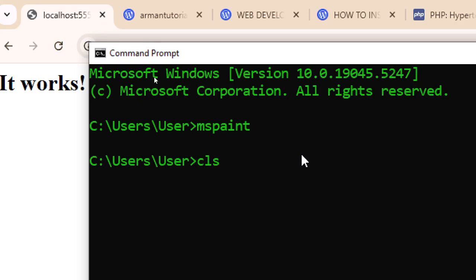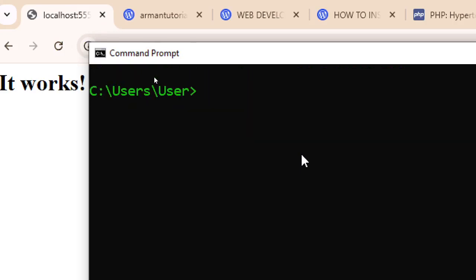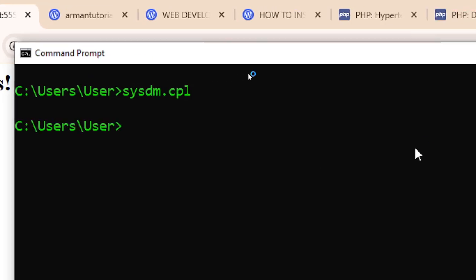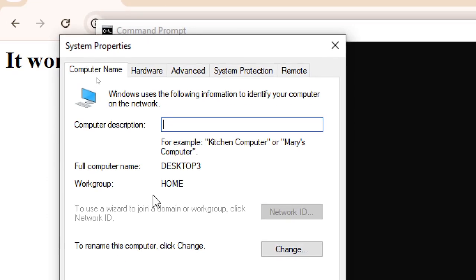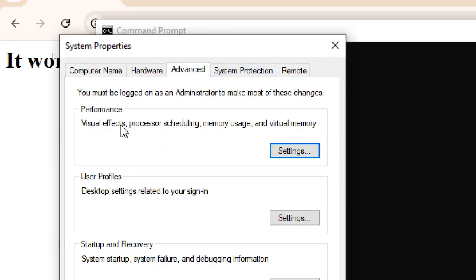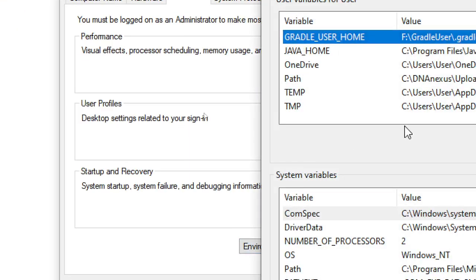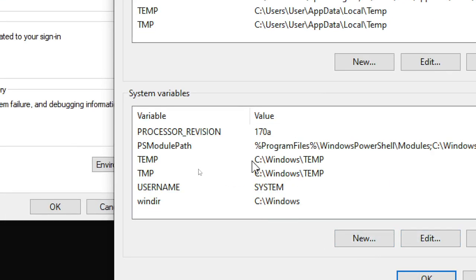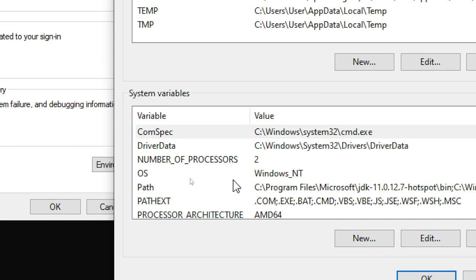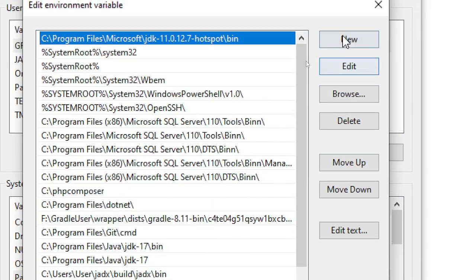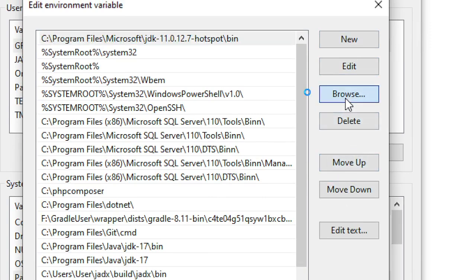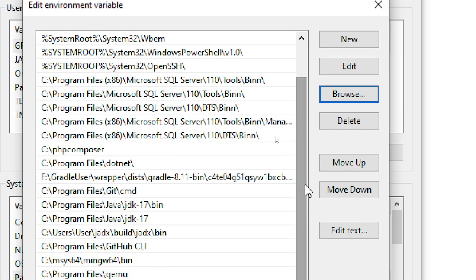Okay, so now let's add first the path. Type sysdm.cpl, you can google this. This is Windows properties. In Windows properties you click Advanced, and change the environment variables here, and let us add in Path. You can browse the location of the file, but this time we already memorized our location, so you just